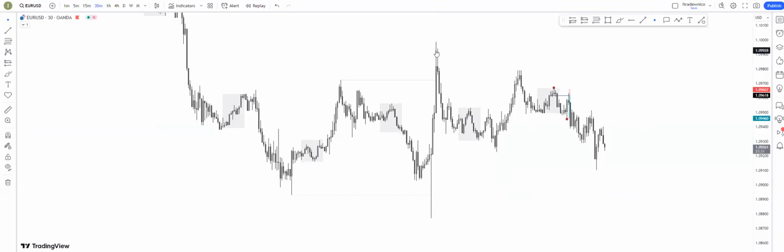Of course, we're also going to have Quasimodo. Remember that every time price changes its direction, let's say from bullish to bearish or bearish to bullish, it is always going to create a Quasimodo, right? For example, you can see price turning bearish after being bullish. That means on the lower time frame, for sure, price created a Quasimodo. Even right here, bearish to bullish, price will create a Quasimodo.